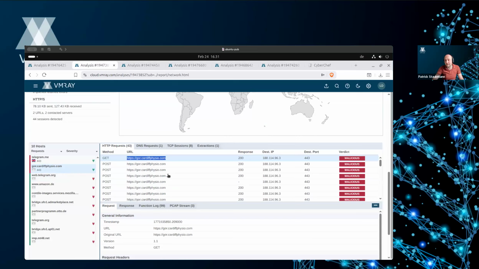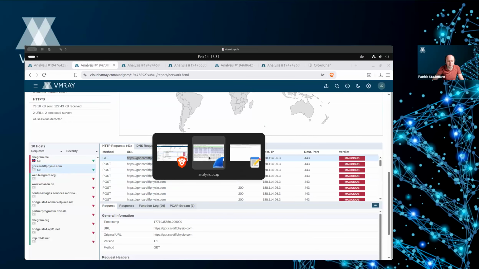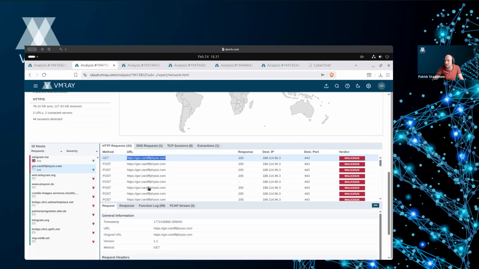And if you're interested, due to the TLS decryption feature that VMRay provides, we also have visibility inside of HTTPS traffic. As you can see here, Vidar uses HTTPS as a protocol, so the communication between the infected system and the command and control server is TLS/SSL encrypted.